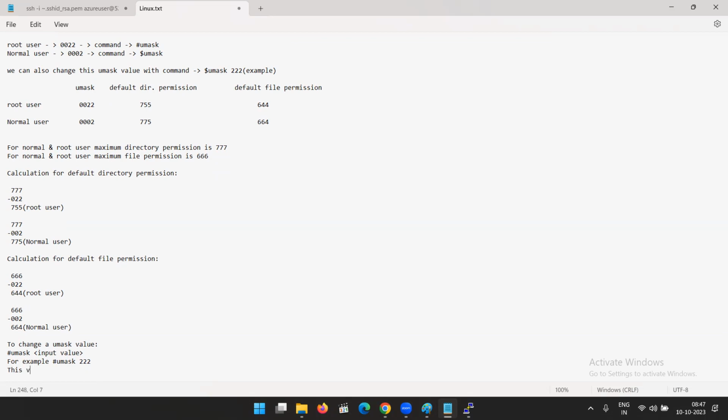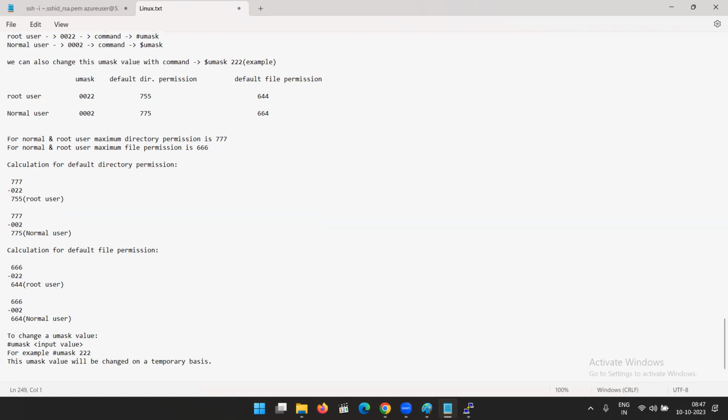This umask value will be changed on a temporary basis. Okay. What if you want to do it permanent? So if you want to change it permanently,